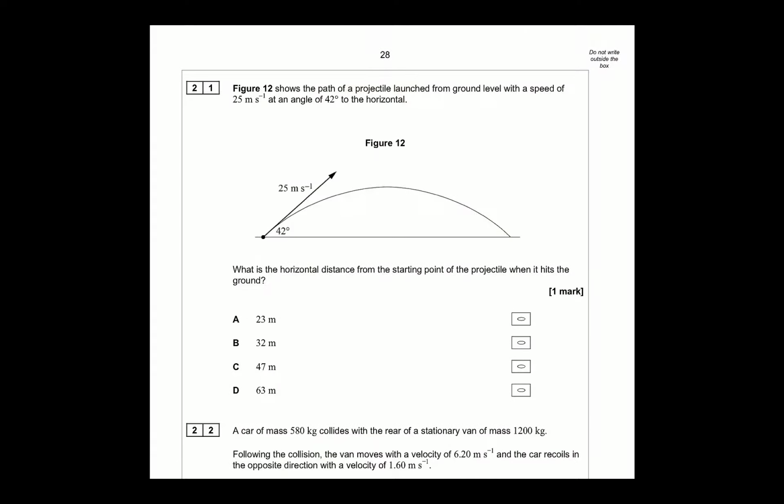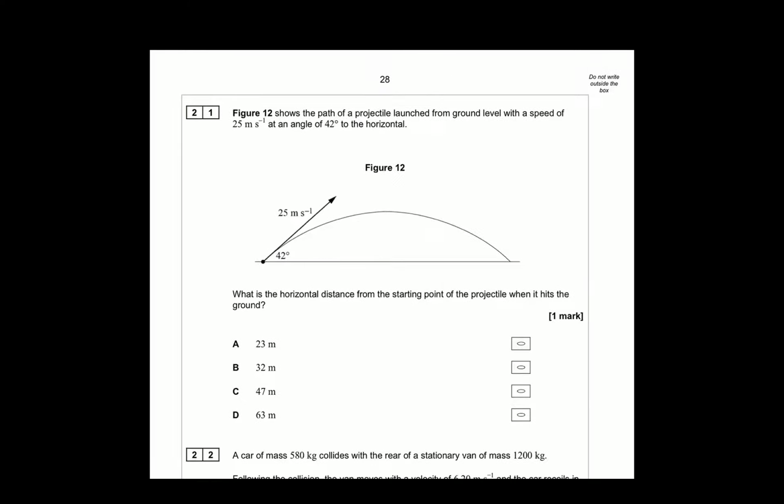Okay, so figure 21 shows the path of a projectile launched from ground level with a speed of 25 meters per second at an angle of 42 degrees. I swear I have seen this. I've seen some of these questions before now. It's probably the same question, just different numbers. Horizontal distance from the starting point of the projectile when it hits the ground. So,